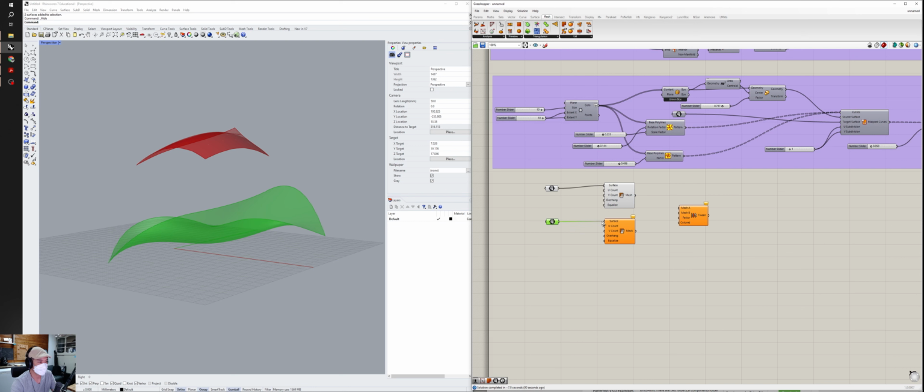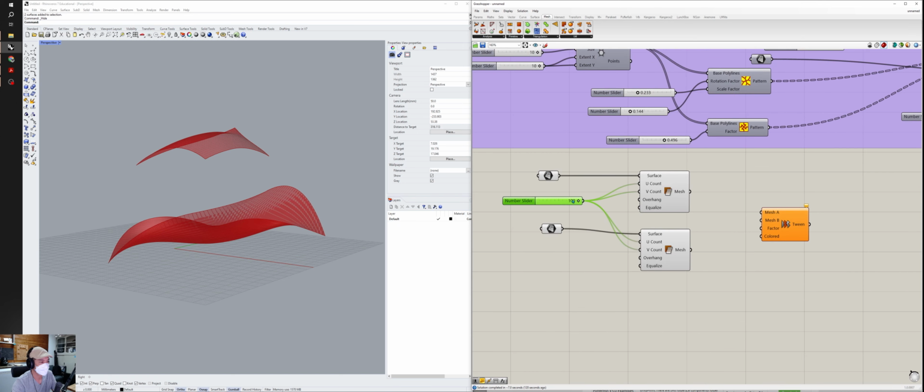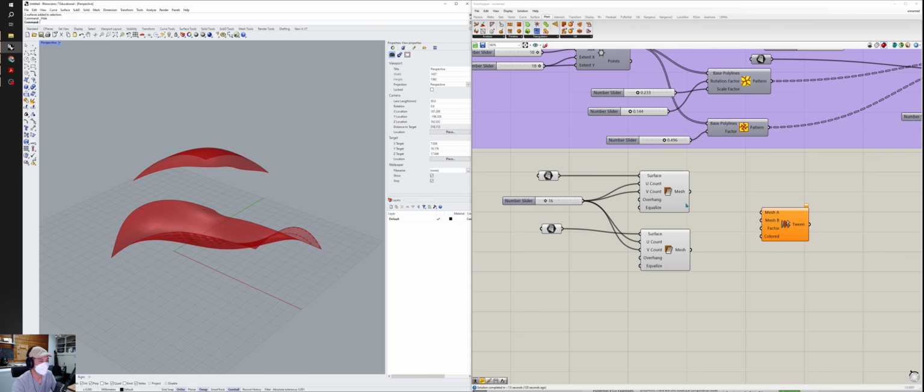This will allow us to basically force the two surfaces to use the same resolution when converting to a mesh. Let's see what happens. I don't think we need as much as 100, so let's tone this down a little bit. And hopefully in this way, they now share the same